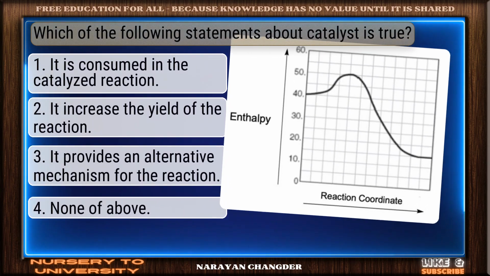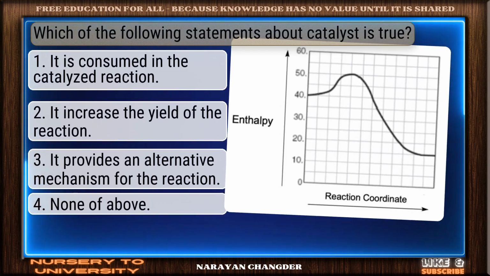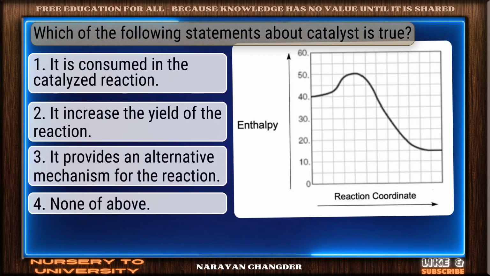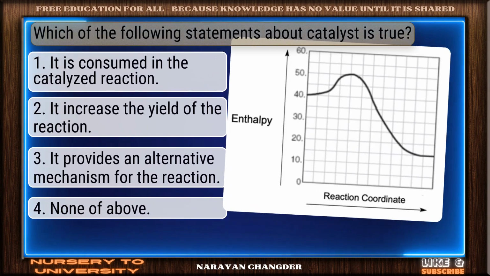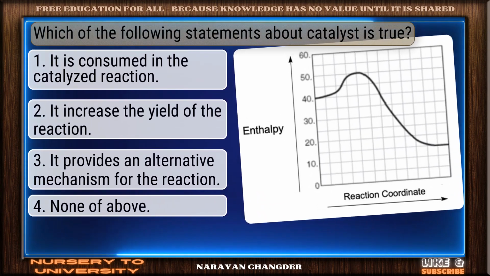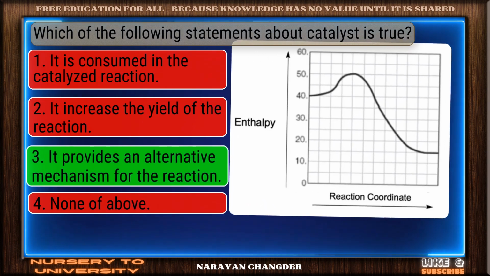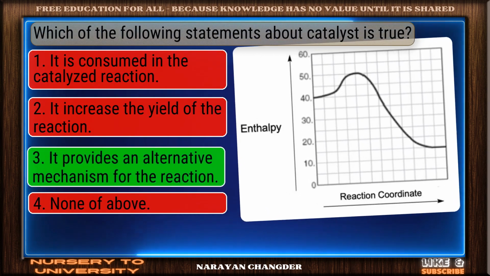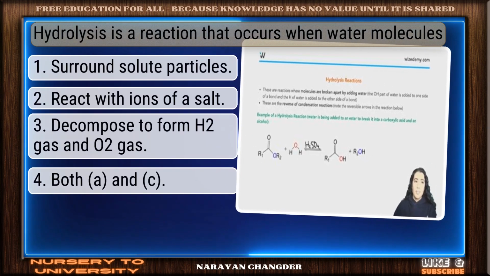Option 1, it is consumed in the catalyzed reaction. Option 2, it increases the yield of the reaction. Option 3, it provides an alternative mechanism for the reaction. Option 4, none of above. Spot on. It provides an alternative mechanism for the reaction. Hydrolysis is a reaction that occurs when water molecules: